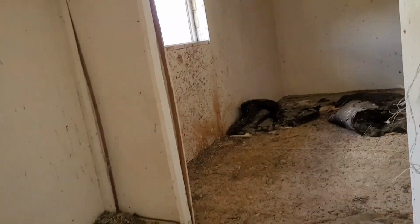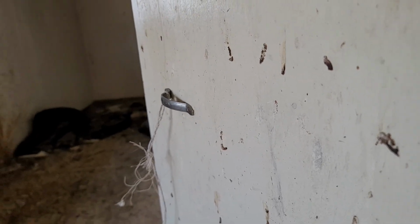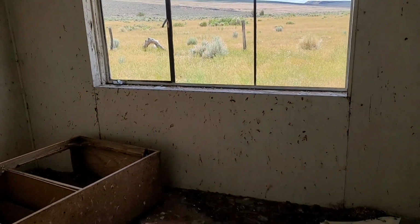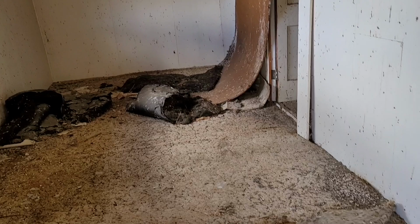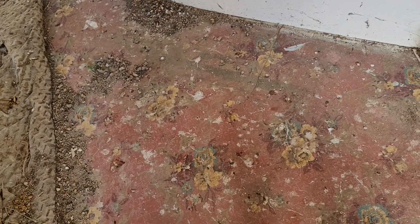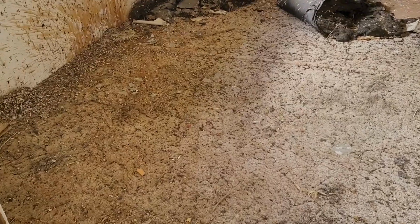Back in 1948. Remember, we came into this room, which also had a really weird handle on the door, not an actual doorknob. It's kind of like two bedrooms. There's a bedroom, and then there's a closet, and then it looks like there's another bedroom on this side. So it was like two adjoining bedrooms. Originally, it had this cool old linoleum carpet. I'm guessing that's from 1948. At some later date, someone came in and put this kind of shag pile carpet on top. So that definitely looks more 60s,